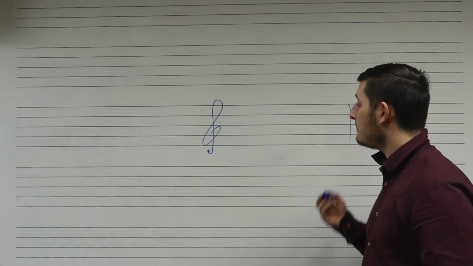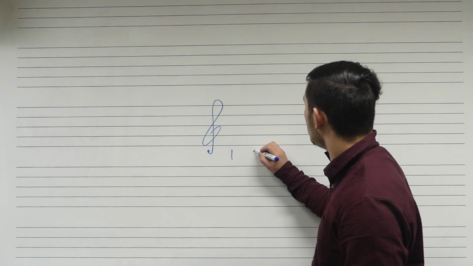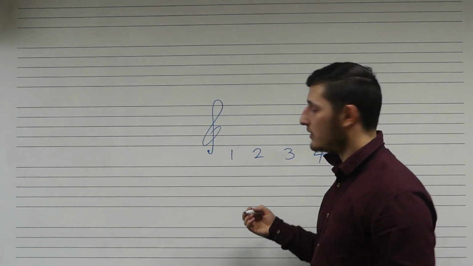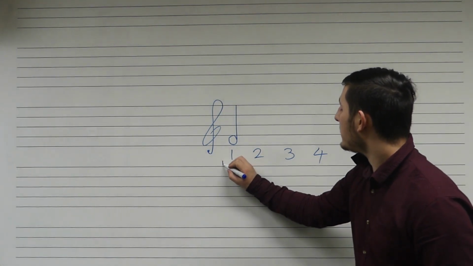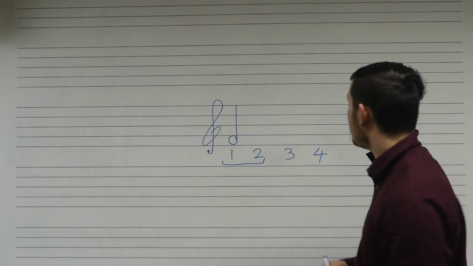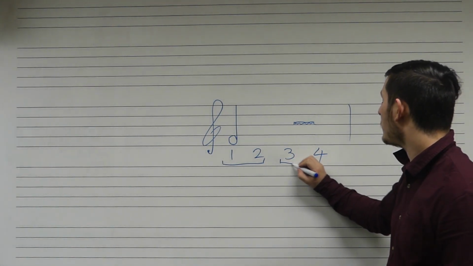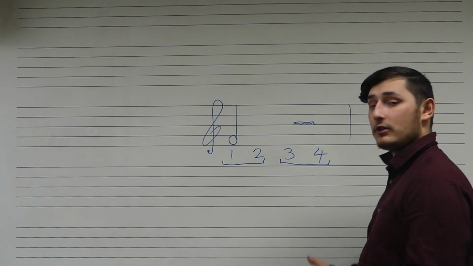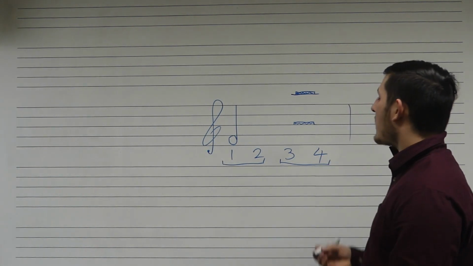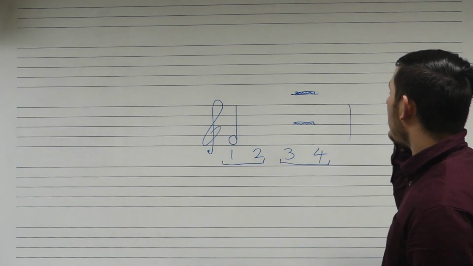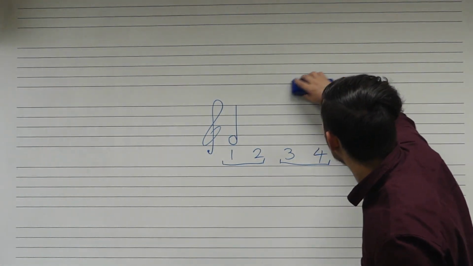Now let's look at some note values that last longer than a crotchet. If I draw up our beats again, I'm going to place a minim. A minim is worth 2 beats. And the same, we have the minim rest, which is also worth 2 beats. Now just remember that the minim rest looks like a top hat, and we can remember that the top hat value is worth 2, because this brings me to our next